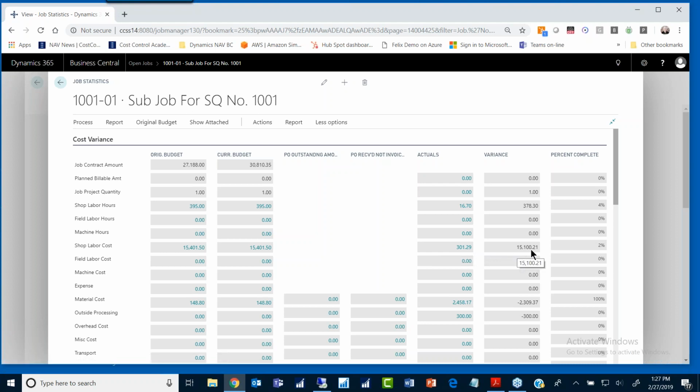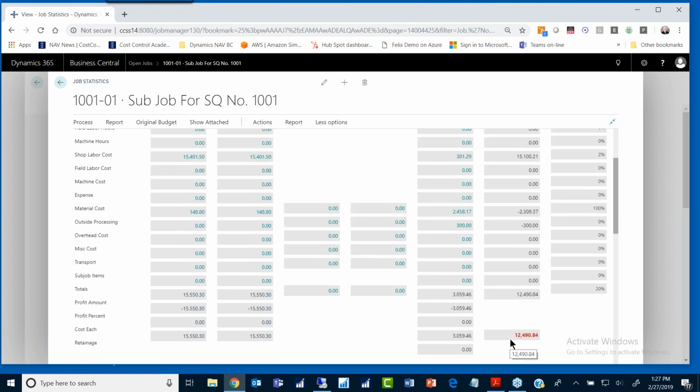hopefully my remaining cost, and I'm 2% complete on my labor cost here, and my material cost I've actually gone over. So that happens, that you sometimes buy more materials than you estimated. That happens. So you're going to have a negative variance on that column, but maybe overall,